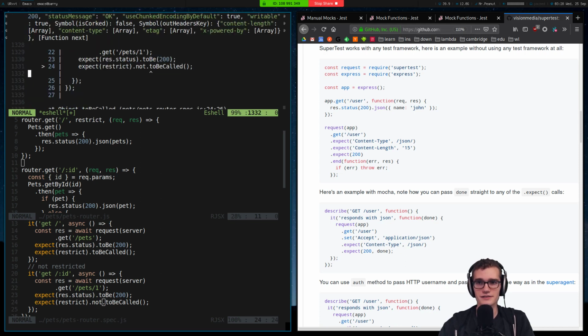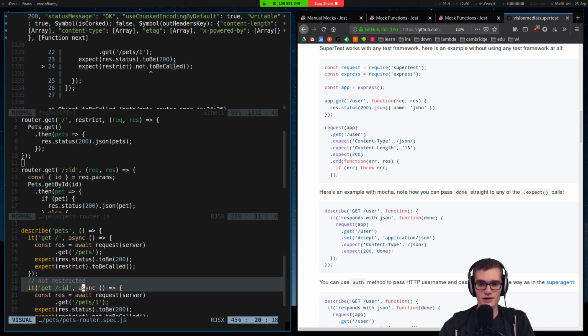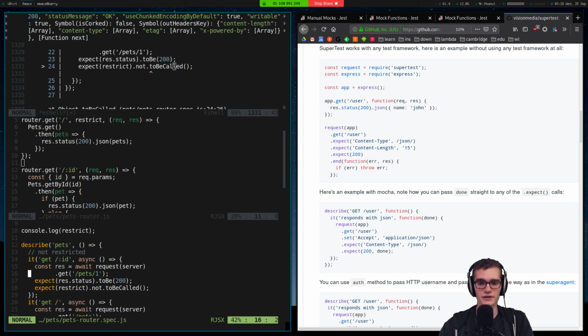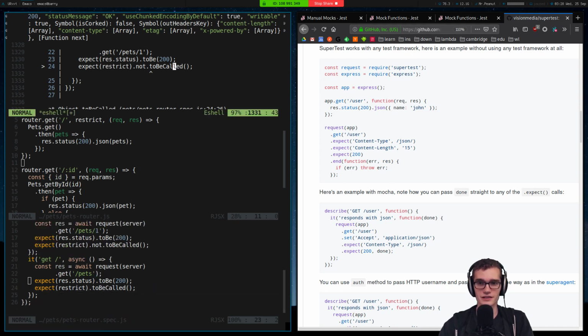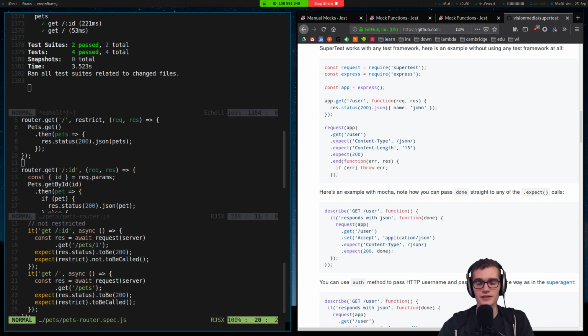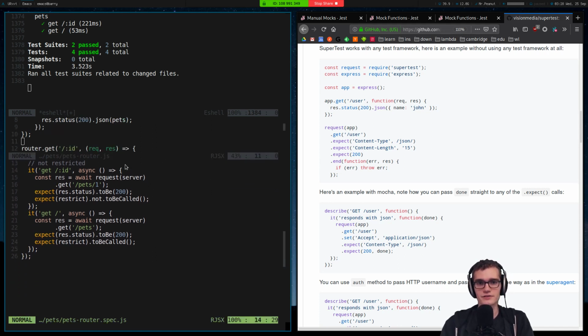And that's because, we get a bunch of stuff in here because we said verbose, but that's because restrict was actually called in the previous request. And so I could move this before, so that restrict has never been invoked, and then we do our get request, and that'll all work. But what we've ended up in is another situation where the state of the world matters between our tests, and it's inconsistent. The action of one test is going to affect the validity of another test,